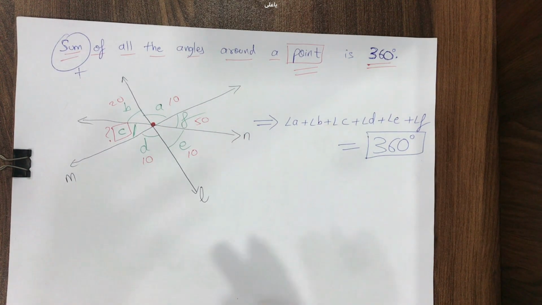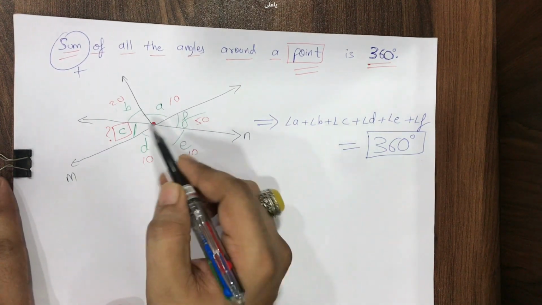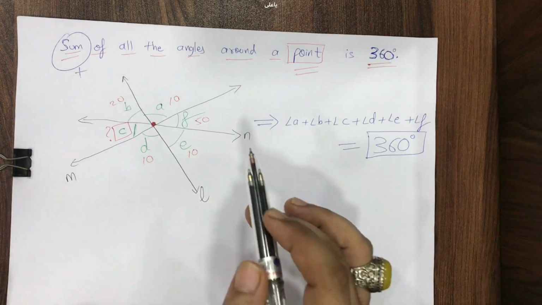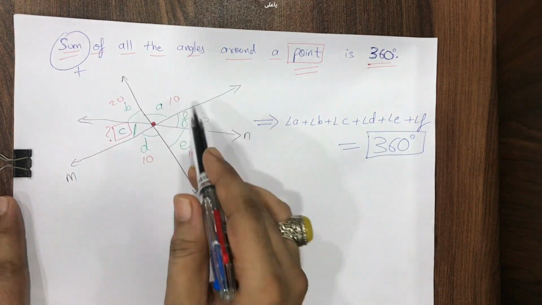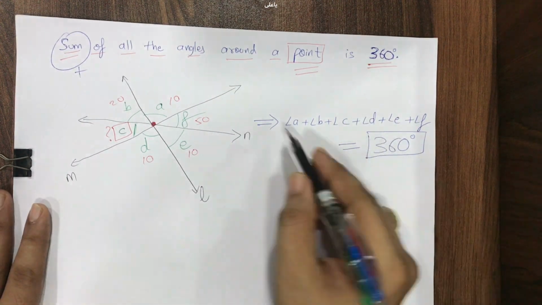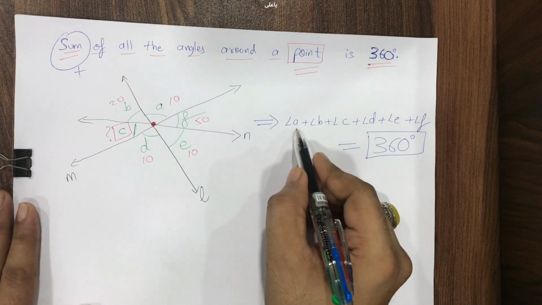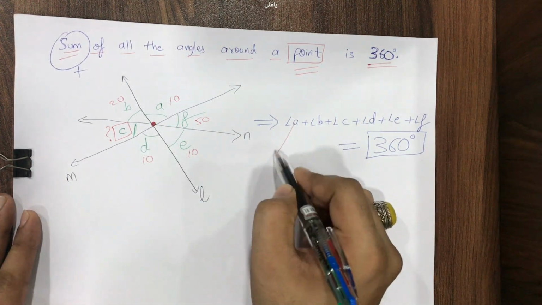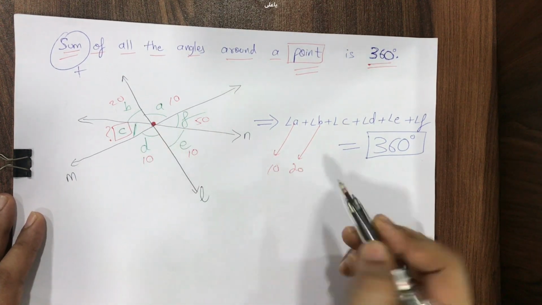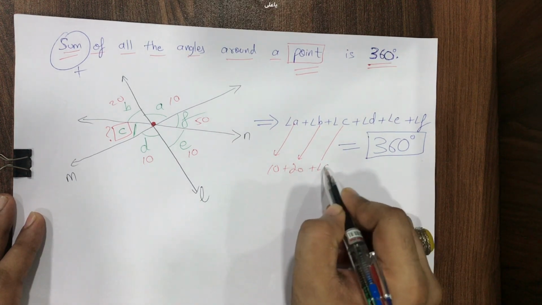So what you have to do, you just know this theorem that on a point, let it be n number of lines, let it be n number of angles, but you know the fact that the sum of all the angles around a point is equal to 360 degree. So you will add all of them and set it equal to 360 degree. At the place of A you will put the value of A. Value of A is how much? 10. Value of B is how much? B is 20. I'm just giving a random example please. Value of C we don't know, so plus angle C as it is.